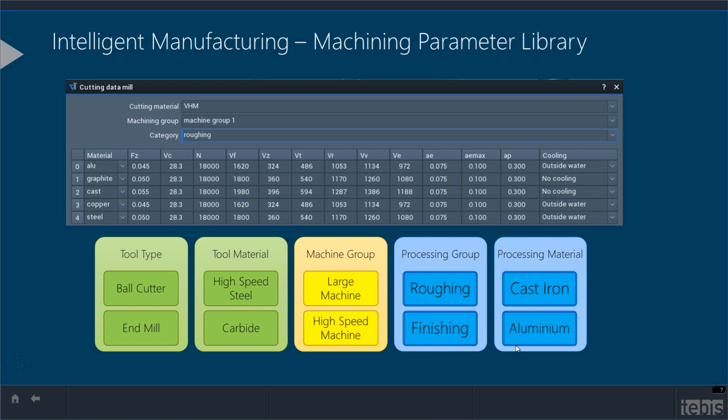Following that, we can think about our processing group, whether it's a roughing operation or a finishing operation that we're doing, and what material are we cutting? Cast iron, aluminium, tooling board, resins. And if we look at our list of materials here, you'll see that we've got your standard speeds and feeds and cut per tooth as you would expect, but also we have far more advanced than most other systems